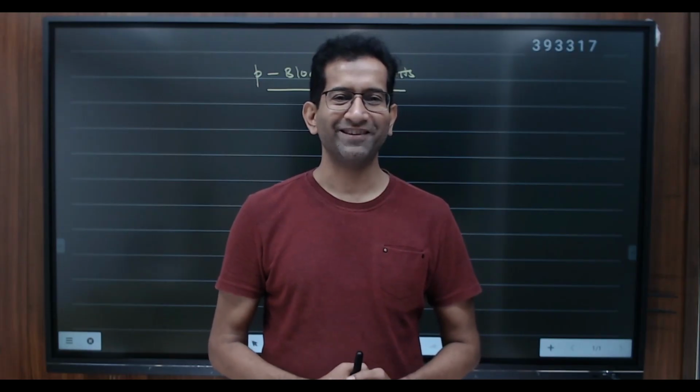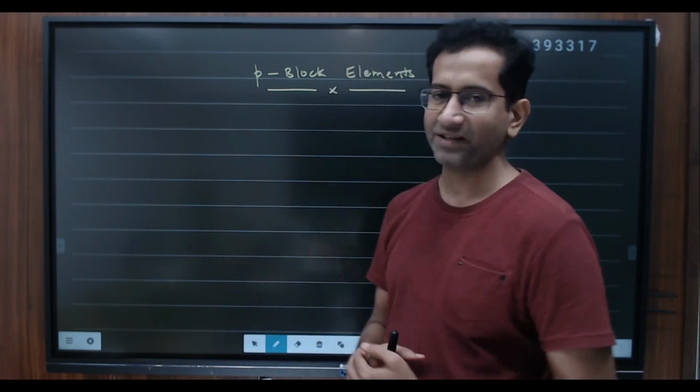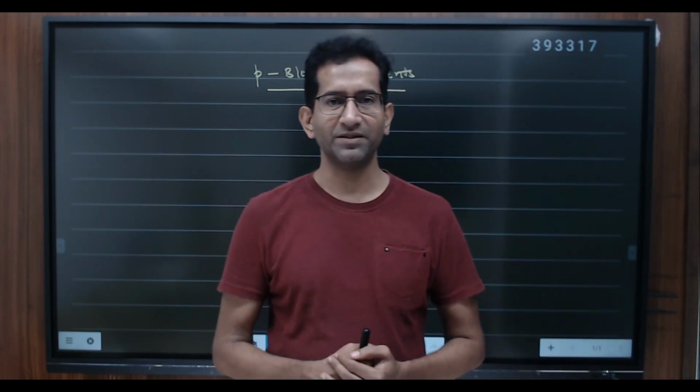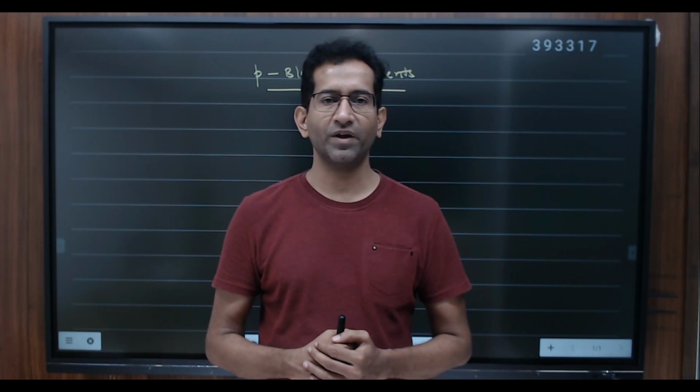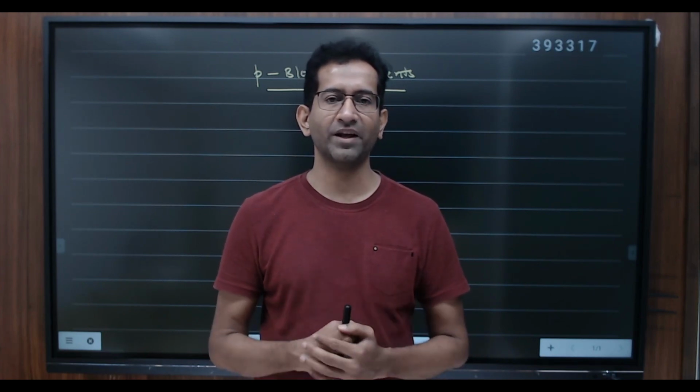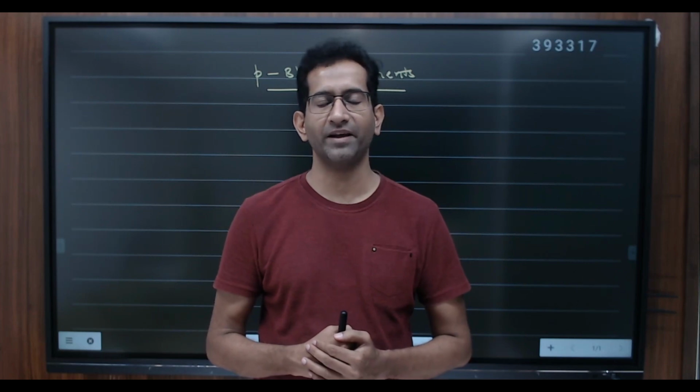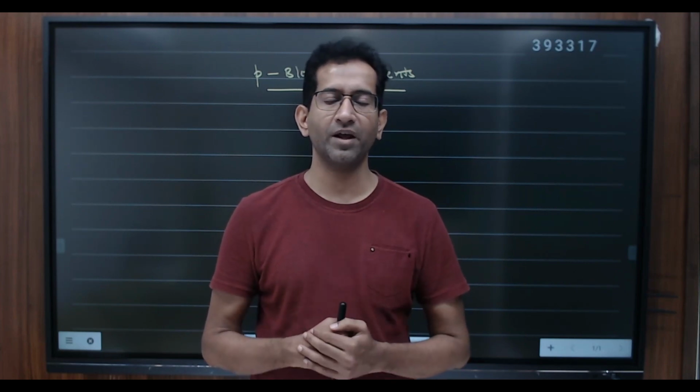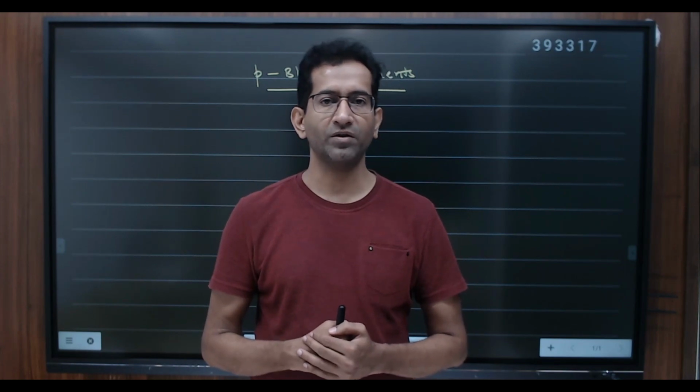हेलो स्टूडेंट्स, वी आर स्टार्टिंग नाउ p block elements. किसे कहते हैं p block elements? जिस एलिमेंट्स की इलेक्ट्रॉन कॉन्फ़िगरेशन में लास्ट इलेक्ट्रॉन p ऑर्बिटल्स में ऐड होते हैं उसे हम p block elements कहते हैं। p ऑर्बिटल्स 3 होती हैं, px, py and pz, and as per Pauli's rule we know that each orbital